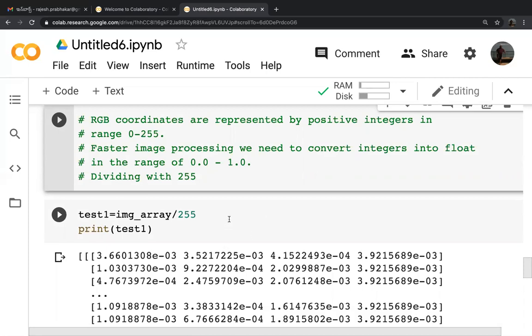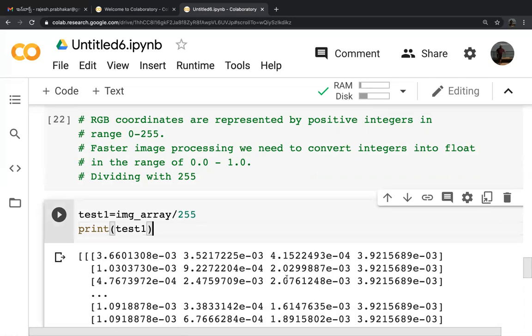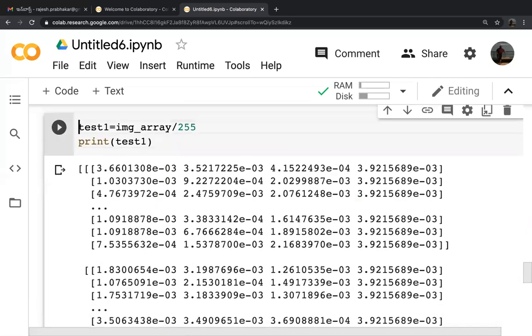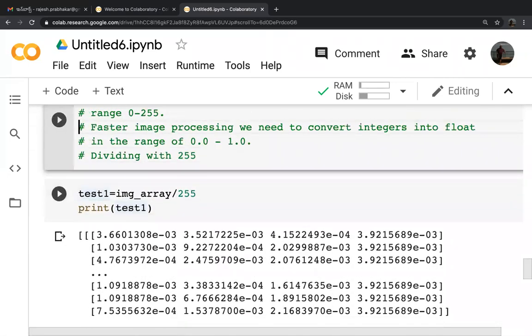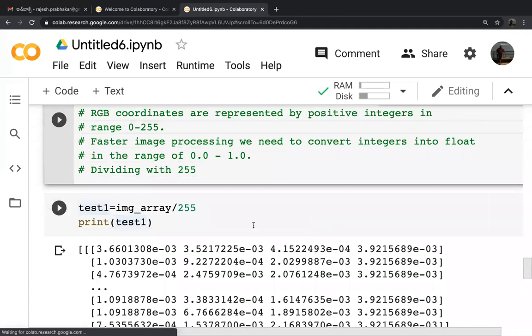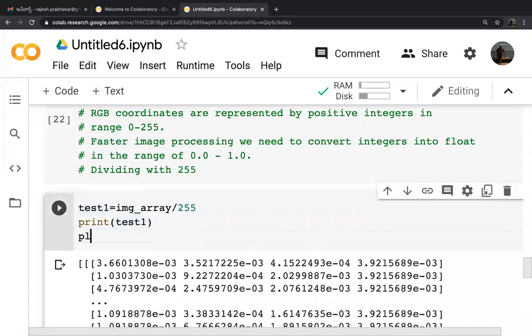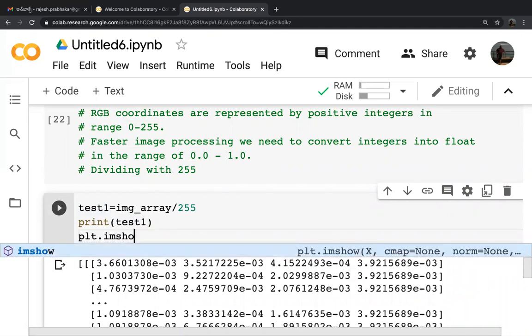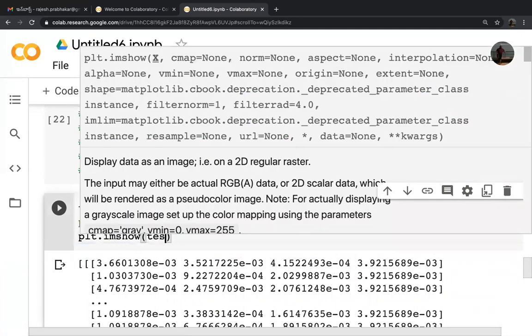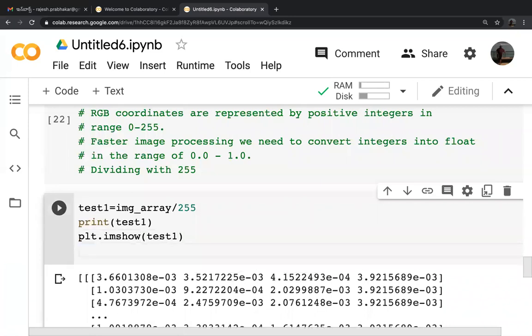Now we can also see the image very easily by using the plt command. So let us say plt.imshow(test1), plt.show().